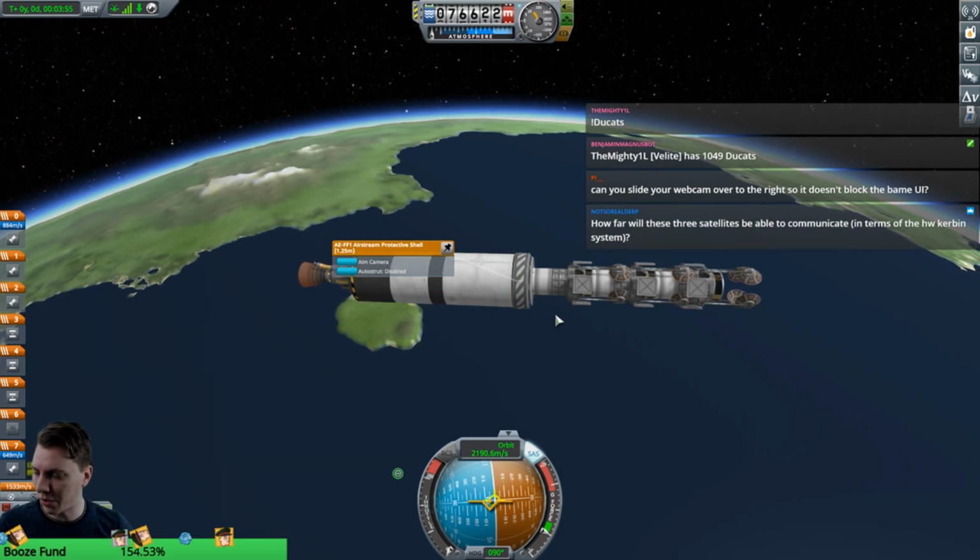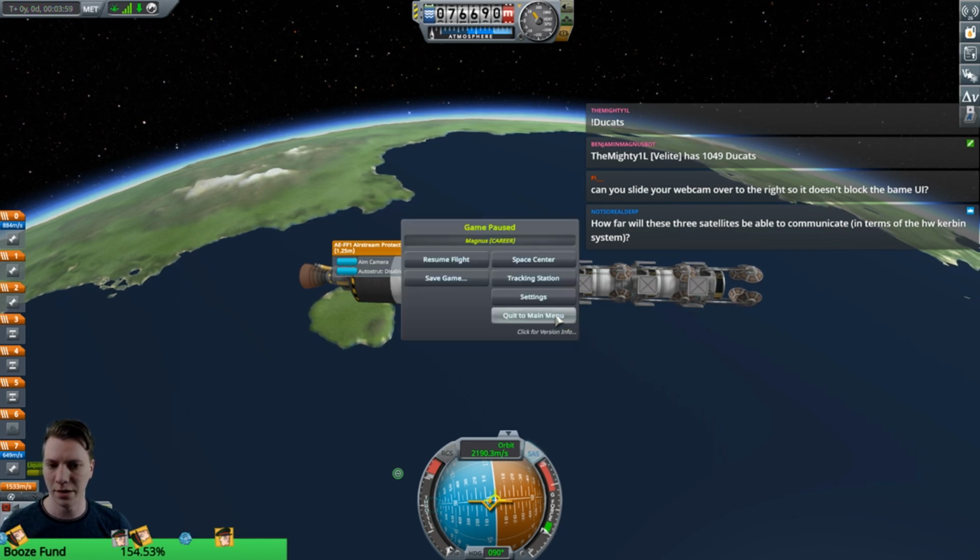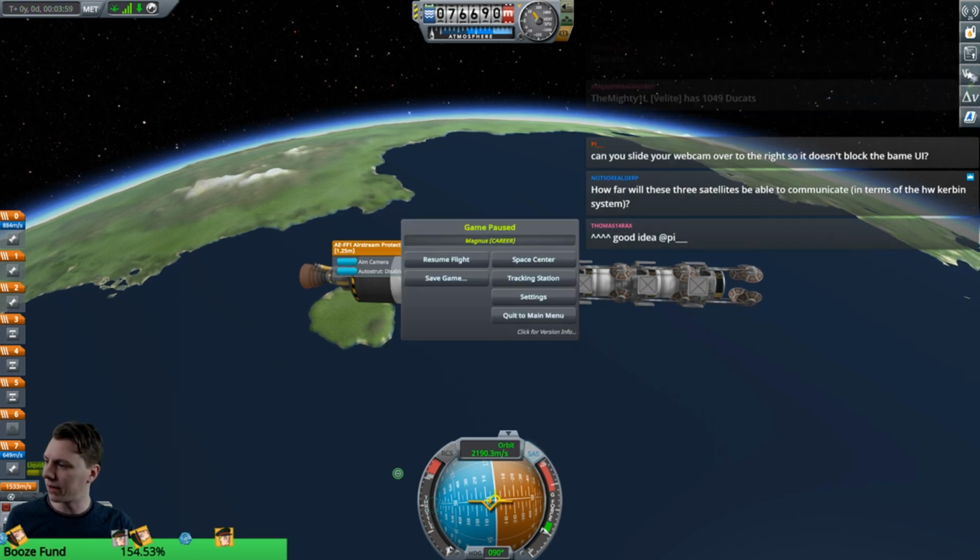Can you slide your webcam to the right so it doesn't block the game's UI? That might be slightly problematic because my